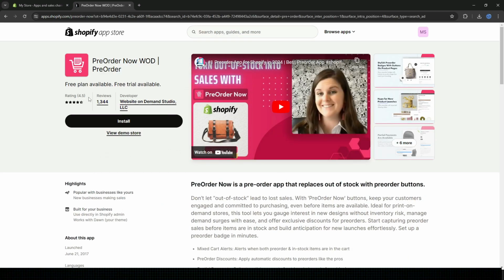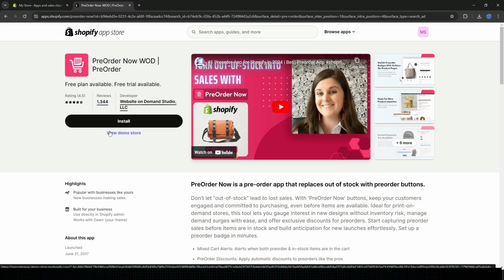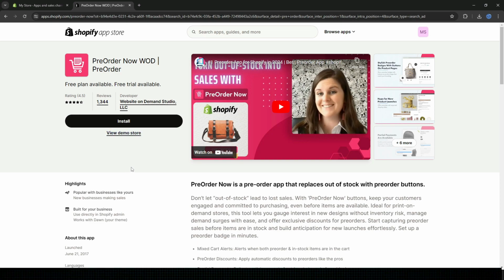Make sure that it is rated to its highest, which is 4.5, and it has many reviews to make sure that it is the right one. Now we're going to simply press install, and this will add pre-order to your Shopify, making it easier to automate everything, and it allows you to have pre-order on your